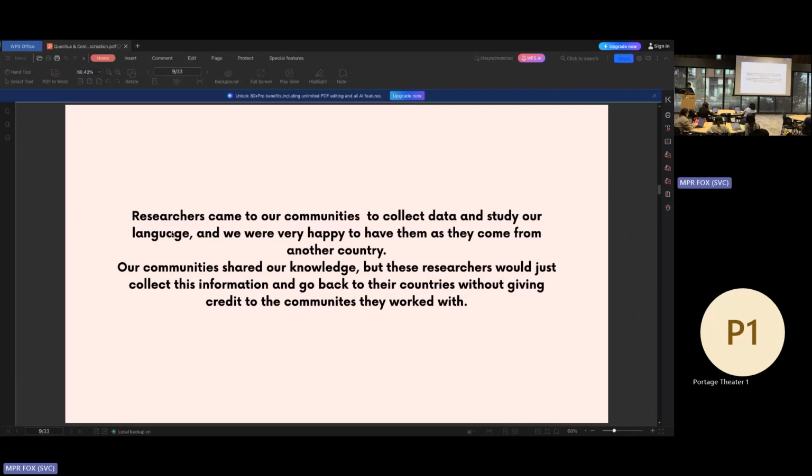But at the same time, even though we were amazed by their different experience, by the research that they brought from another country, our communities felt that, after giving all of these resources to provide them with their studies, at the end they came back to their countries and they didn't mention anything about us. They didn't give any credit to our communities, or in a way, they sort of forgot about our names on all the work they did with us. They only mentioned the data.